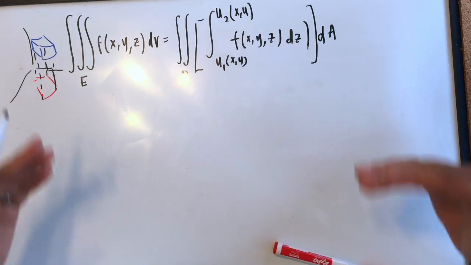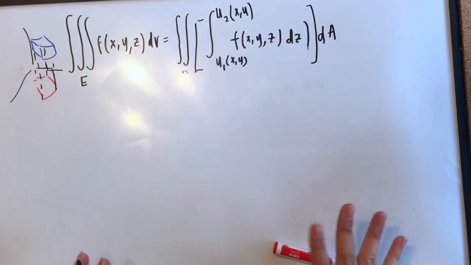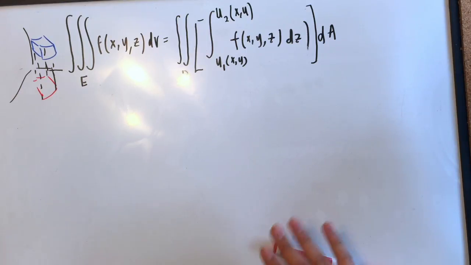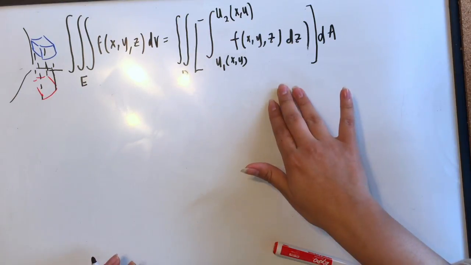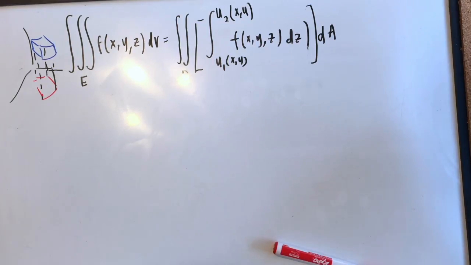So now if we plug it in, knowing how to evaluate double integrals in polar coordinates from 15.4, we can combine this equation with the double integral in polar coordinates equation, and so we would get